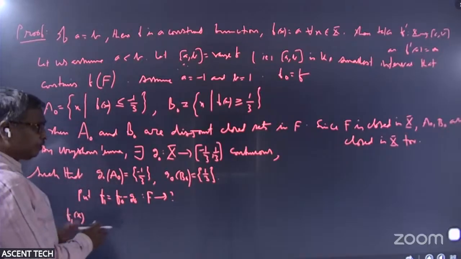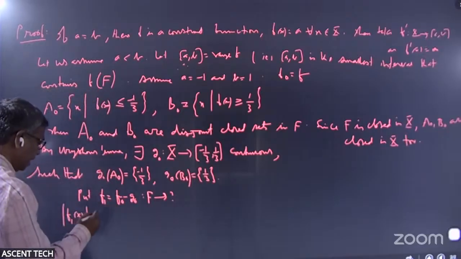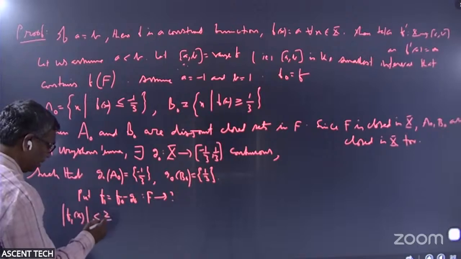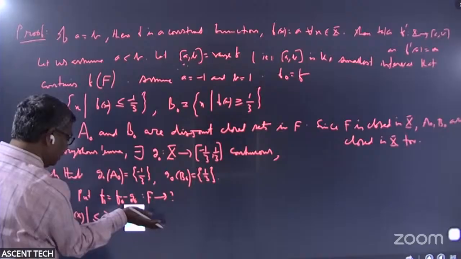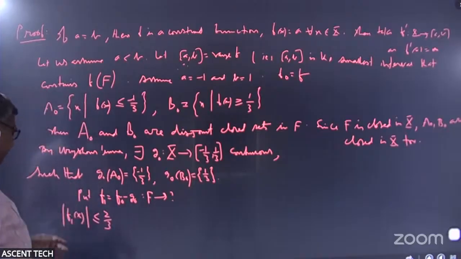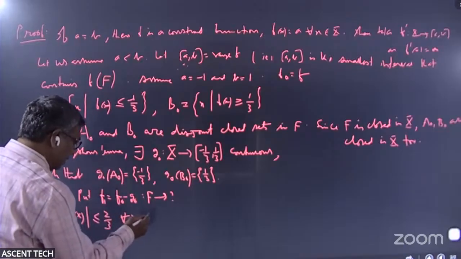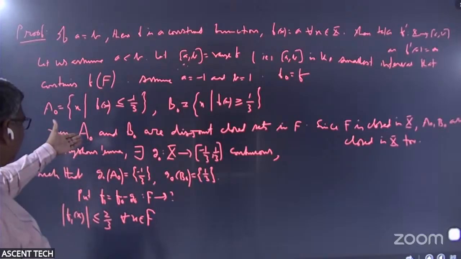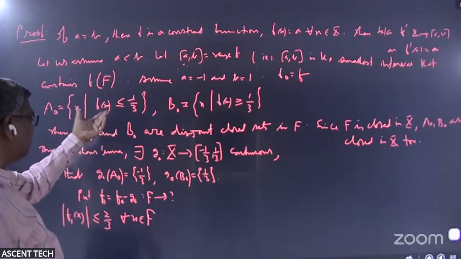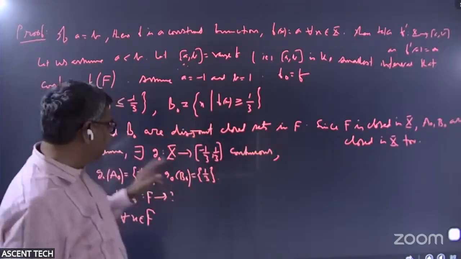I'm just going to prove to you that this is less than or equal to 2/3. That's very easy, for all x in F, actually. So I take an element in F. That element in F can be in A naught or in B naught, or maybe outside A naught and B naught. A naught and B naught are two closed subsets of F. If it is in A naught,